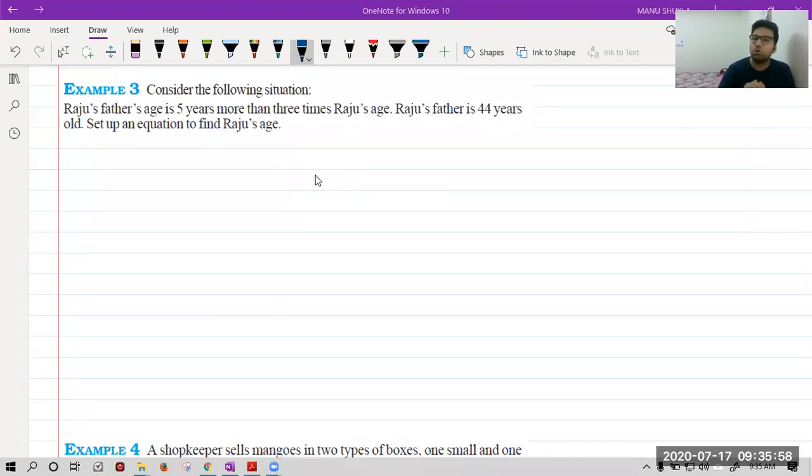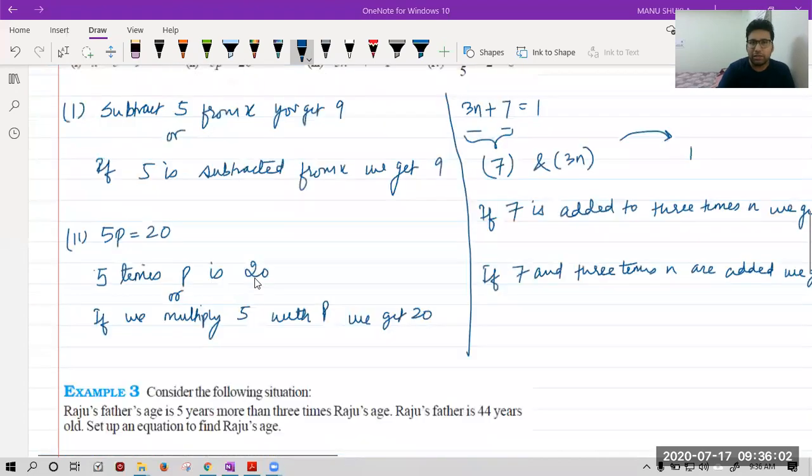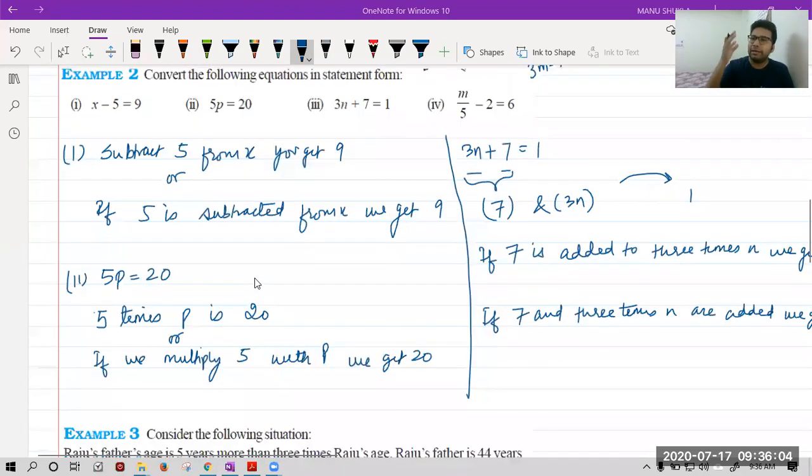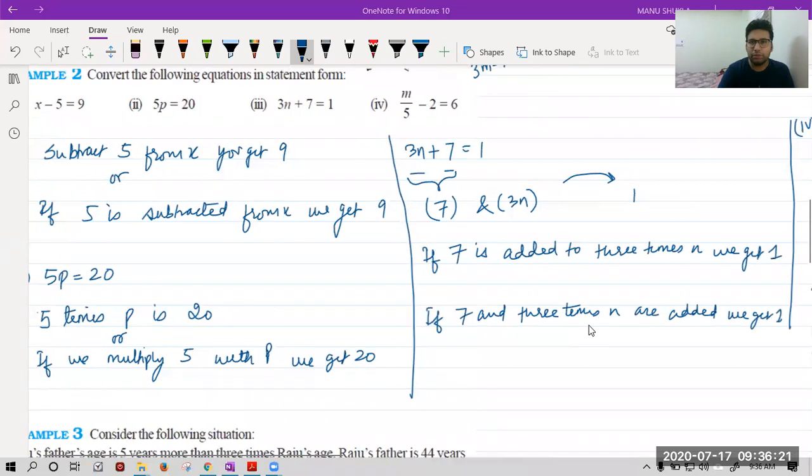Lavya, there is no formula for that. To convert a mathematical statement to an English statement, there is no formula. It is your knowledge of the subject. If you read a statement, you can write it in the form of English. Very easy. Abha is saying, please repeat. Okay, let me take an example for you then.